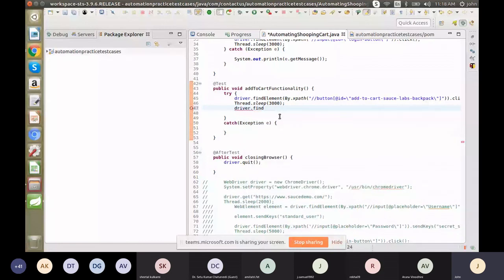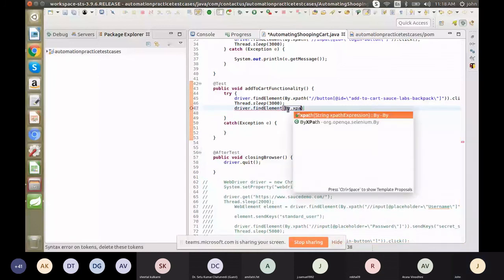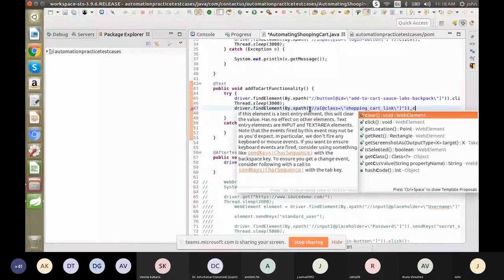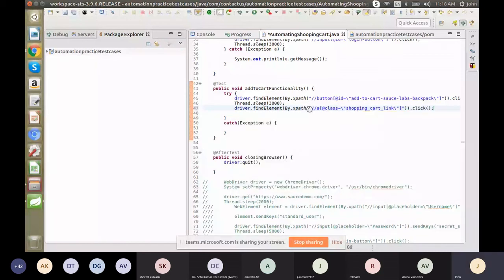Inside that, same thing, you have to put the XPath, By.xpath. So we have to click the view cart option. Then we'll put some assertion for checking that it is going to the correct page.